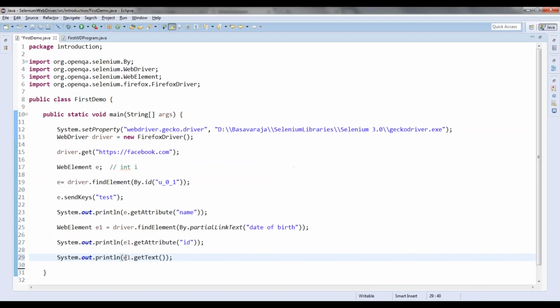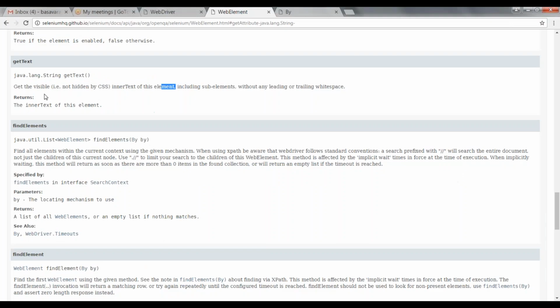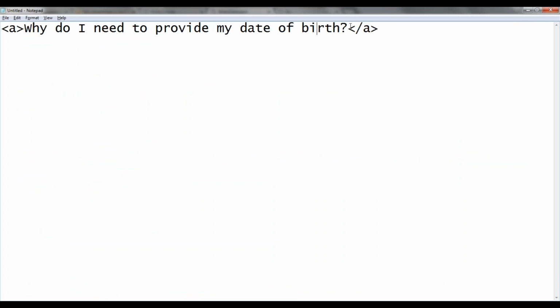Whatever element I am selecting here, E1 dot get text gets the visible inner text of the element including sub elements, without any leading or trailing white spaces. So it will trim the white spaces.